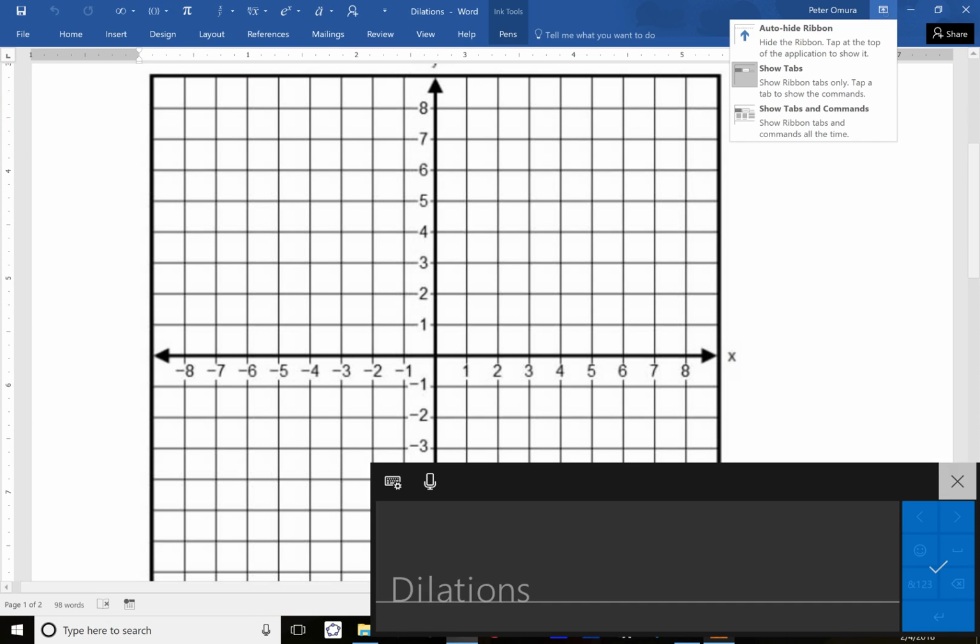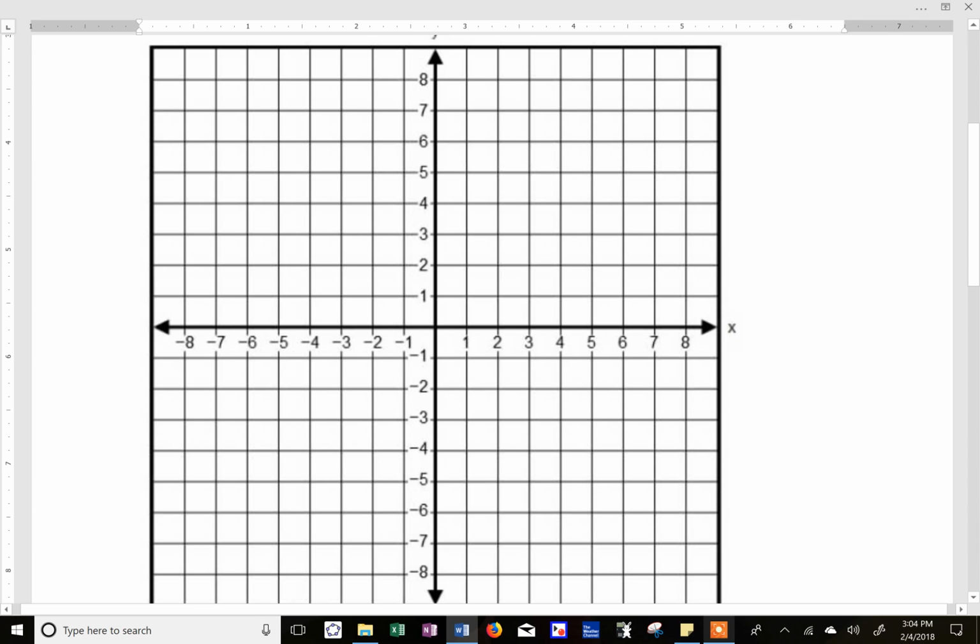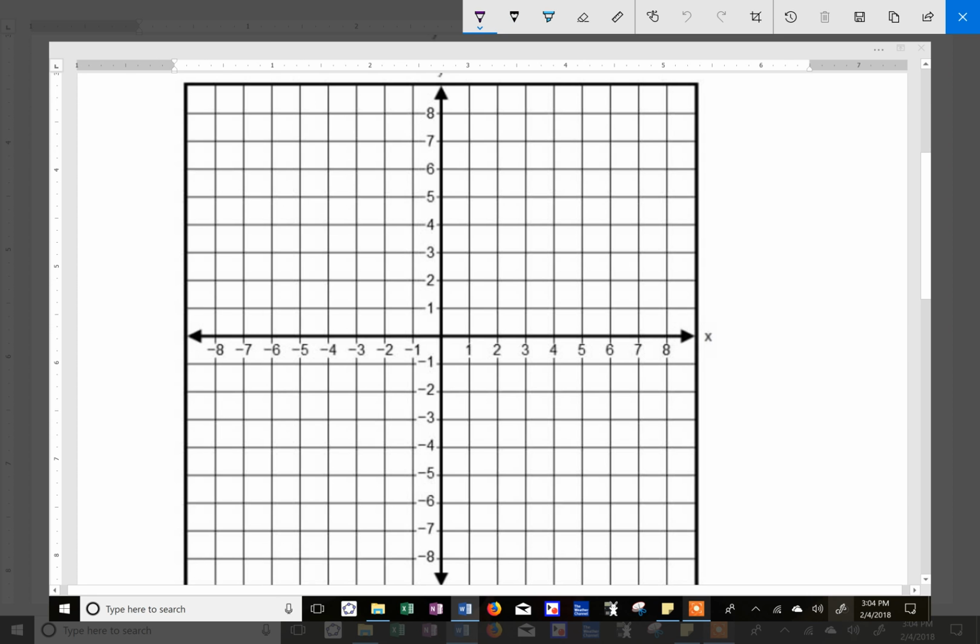So I'm going to do a lesson on dilations very quickly, and it's not super bad. It's not a really terribly difficult concept, but it does require a little bit of understanding. And so what I'm going to do is I'm going to create an image,